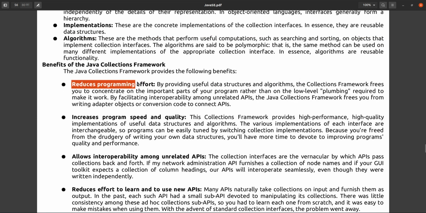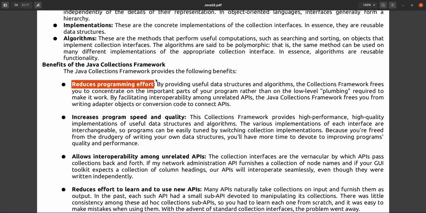Reduce programming effort. If you have to store 10 objects of a similar type, then you have to create either an array or some class that will internally store 10 elements or more. So you have to do that process manually. Instead of doing that, you can leverage that advantage from the utility package, because the utility package already provides those facilities.